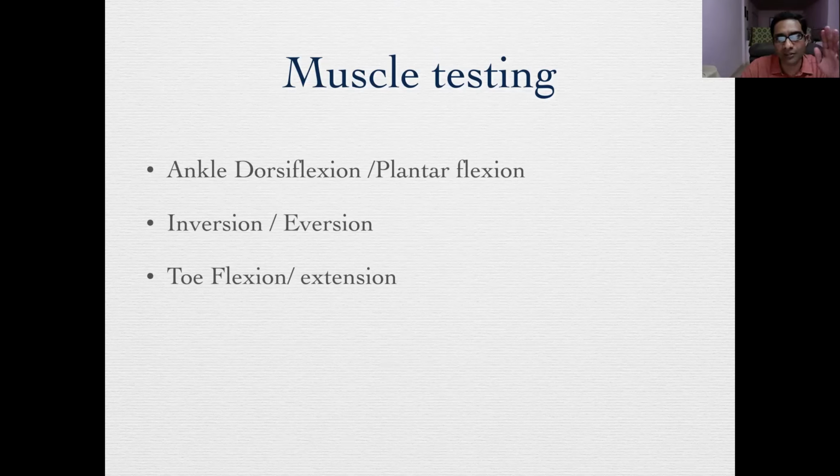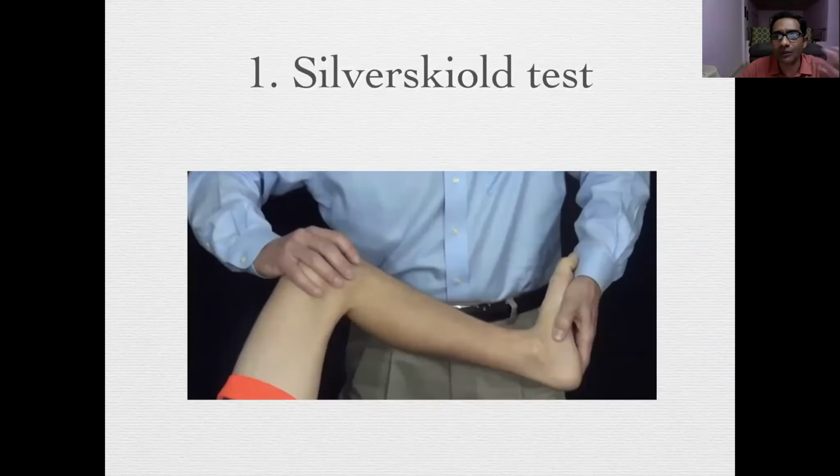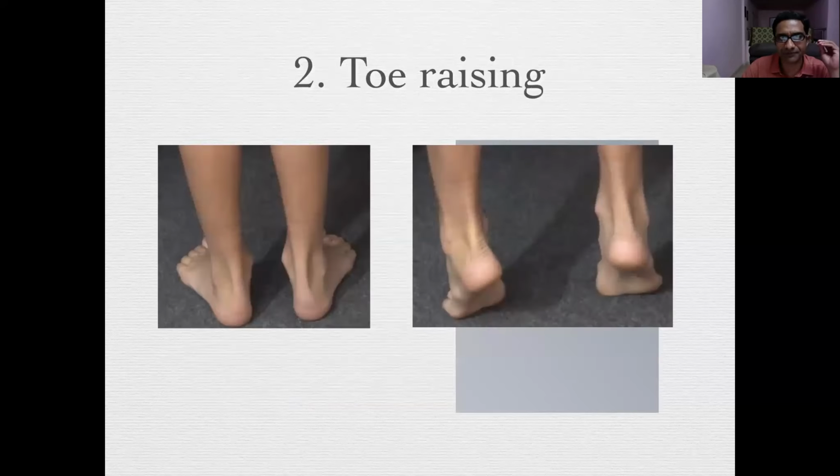So you've done a neurological examination, you've done a motor examination, and then tests for flexibility. These are the special tests that you do. You know about the Silfverskiöld test. It is typically done in cerebral palsy, where you differentiate between a soleus and a gastrocnemius contracture, isn't it? When you flex the knee and get increased dorsiflexion, you take the soleus out of the equation.